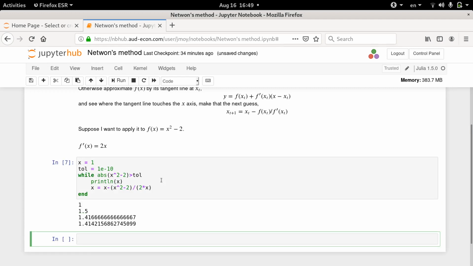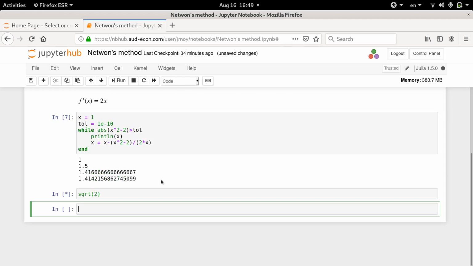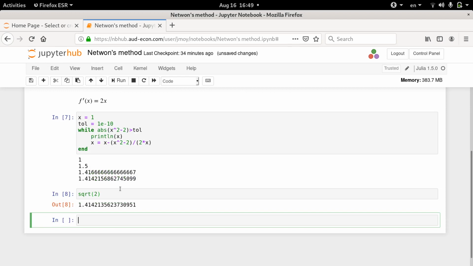Okay, so you get some number after, say, 4 iterations of the loop, which is actually quite close to square root of 2. If we ask the built-in function square root, so Julia has a built-in function to calculate the square root, so we say square root of 2. The actual answer matches our answer up till, I think, 1, 2, 3, 4, 5, 6 or 7 digits, right? So we have done pretty well. Just in 3 iterations of the loop, we have found the answer up till 7 digits of square root of 2.